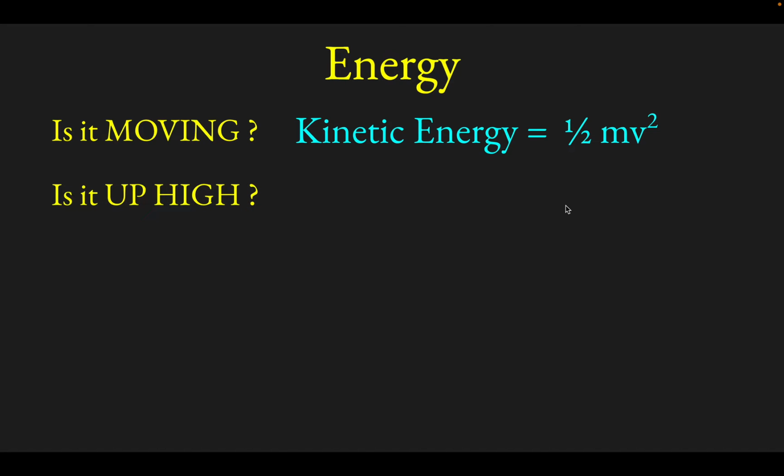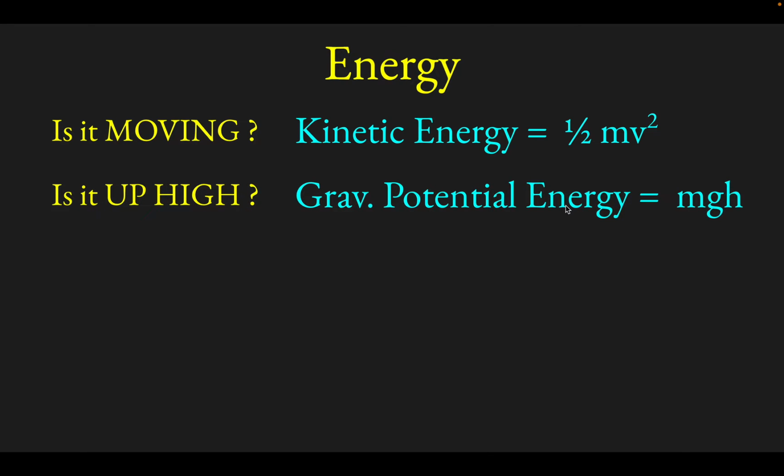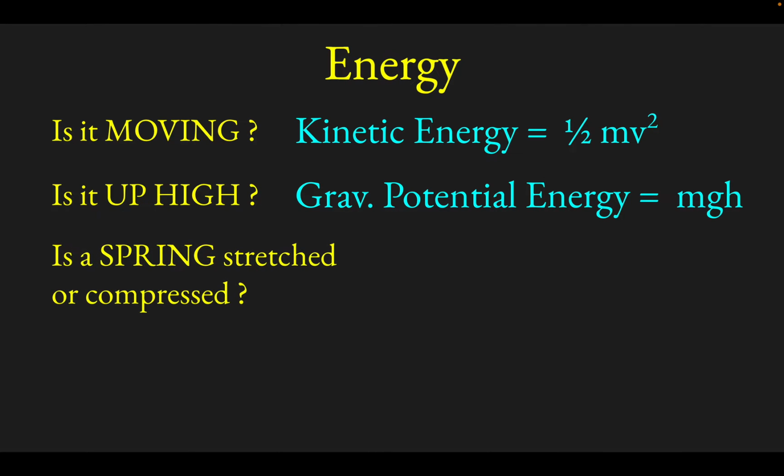Is something way up high? Well, then that object has gravitational potential energy. That's given by mass times the acceleration due to gravity times its height. And finally, is there a spring in the problem, and is it stretched or compressed? In that case, you'll have some potential energy stored in the spring, and that's going to be given by 1/2 times the spring constant k times the stretch or the compression distance delta x, and then you square that